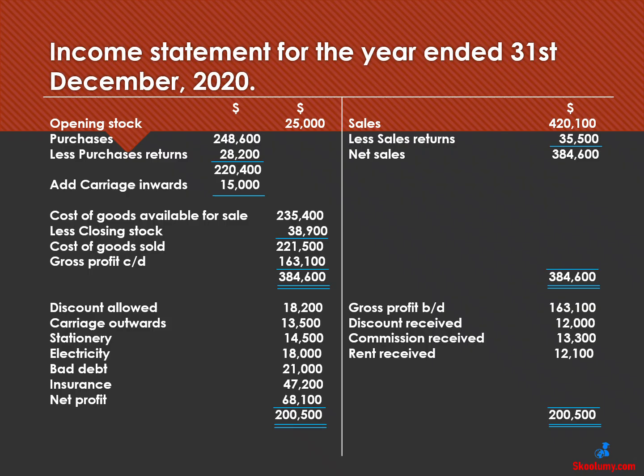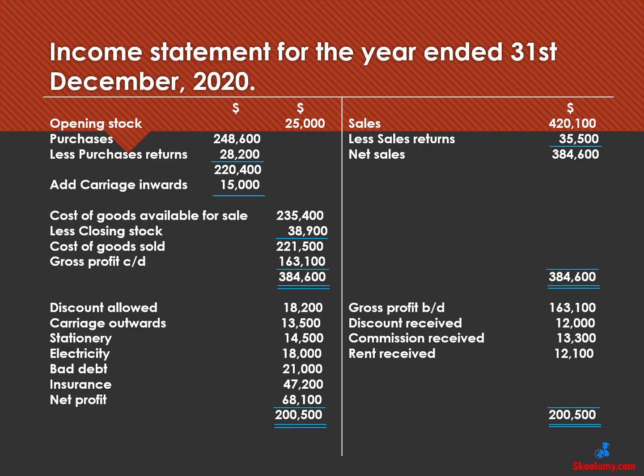The horizontal format. Income statement for the year ended the 31st of December, 2020. On the right, net sales is $384,600, which is $420,100 minus $35,500. Cost of goods sold is $221,500. Therefore, gross profit is $384,600 minus $221,500. Gross profit is